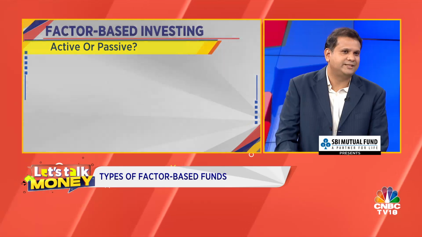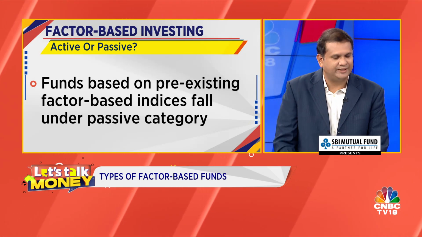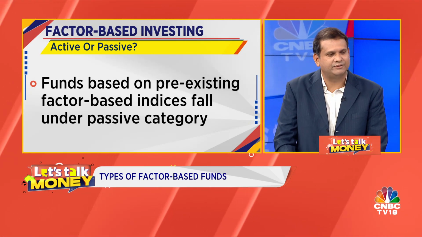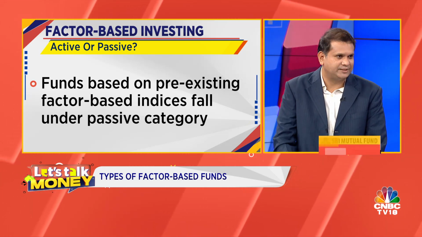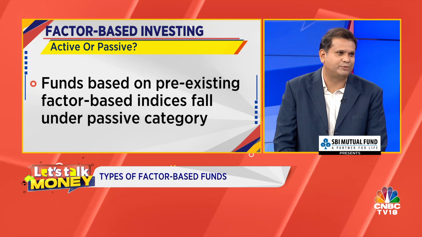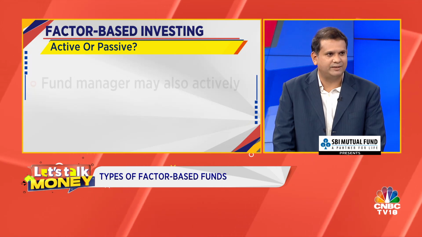Absolutely. So following the index will give you exactly the index return. And there is a large set of investors, in fact, everybody, who wants a little more than what the index can offer. And by mixing and matching factors, if somebody can prove to you that I can generate what we call an alpha, something in excess of the return that the index will provide, that is something that might be attractive. So that is where some of these smart beta strategies and mixing of factors and multi-factor models come into play. And the market will move towards that.